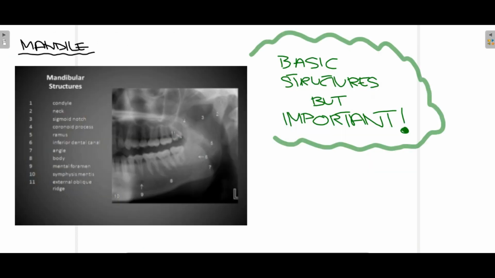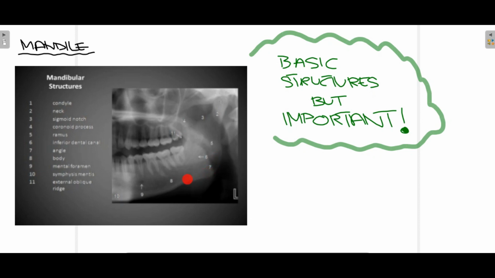Now moving our attention towards the part of the OPG that specifically focuses on the mandibular structures. Starting from the top we have the condyle that is visible over here. Just down from the condyle you have the neck of the condyle. Then between the coronoid process and the condyle there is this notch, the sigmoid notch. Then this structure you all know well is the ramus of the mandible. Then running here, this canal is known as the inferior dental canal, where the inferior alveolar nerve is present.